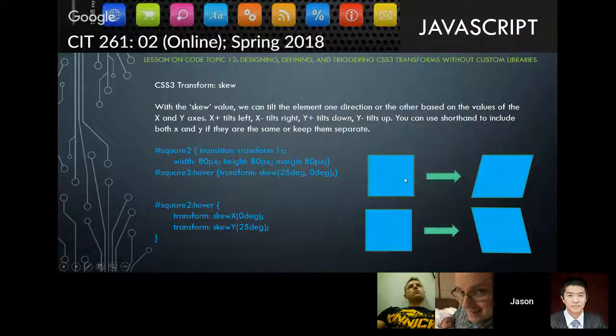So as you can see here, if I go X 25 degrees, it's going to tilt to the right. And this, tilt to the right, and then Y is going to tilt down, which actually is kind of inverse of what that is. Anyway, you have to play with it. It's kind of fun, but